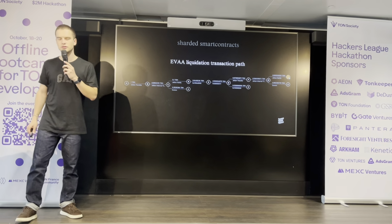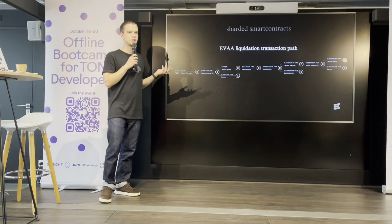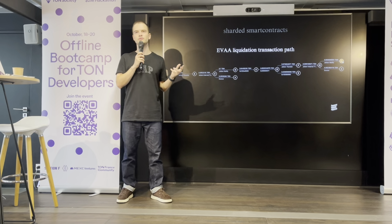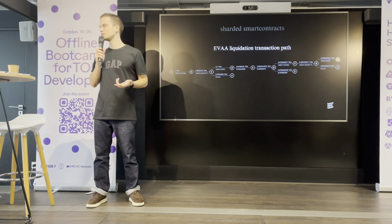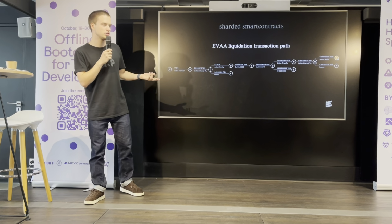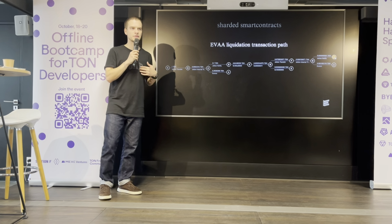Yeah, the spike? Yeah. So the liquidation bots are actually third-party instances, and if they lose money, it's not a problem for EVA actually. So if you host a liquidation bot and it's too slow and it's starting to lose money because it's too slow, we do not consider it as our problem. But